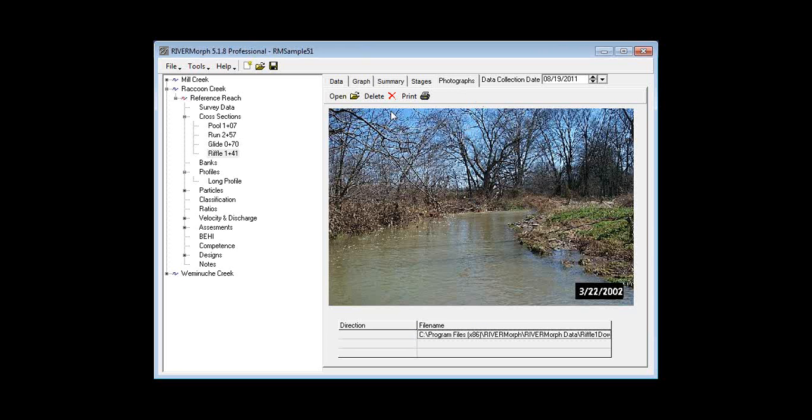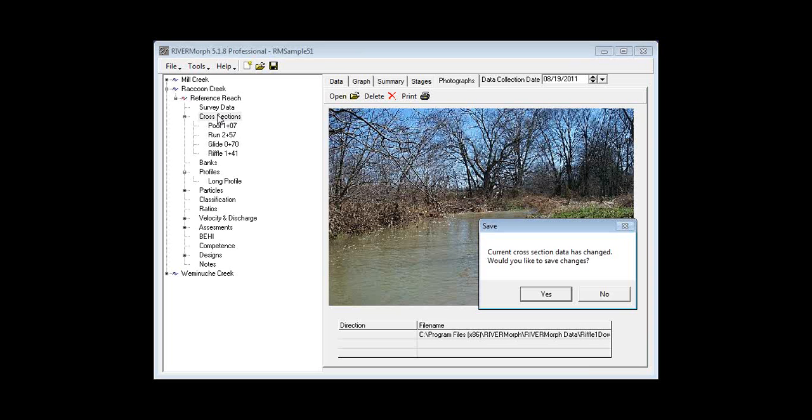Okay, so that's basically cross-sections in a nutshell. And I just want to go through some other geomorphic parameters here relatively quickly, but I probably won't spend as much time as I did with cross-sections. So, profile,